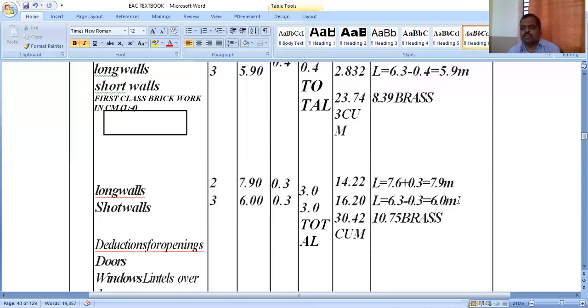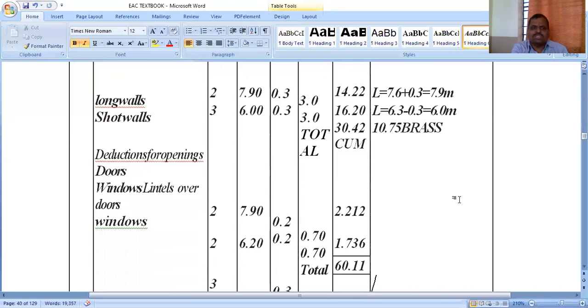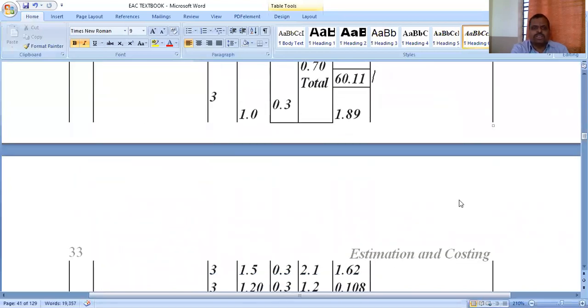But actually, when we are going to pay the labor cost on the basis of their work, at that time all the things are considered in feet, cubic feet or square feet. At that time, the quantity is to be calculated in brass. So this conversion factor is needed when you are actually working on the site. These things will be helpful to you to work on the site. So I'm just going through it.